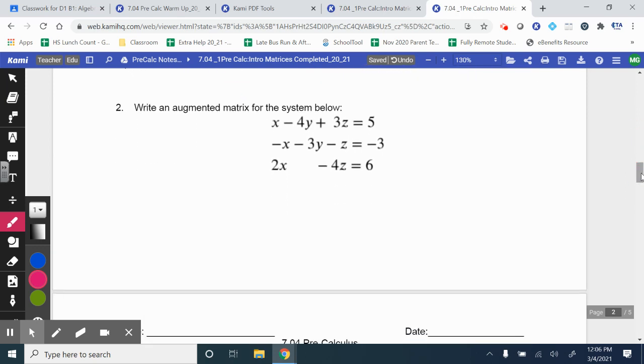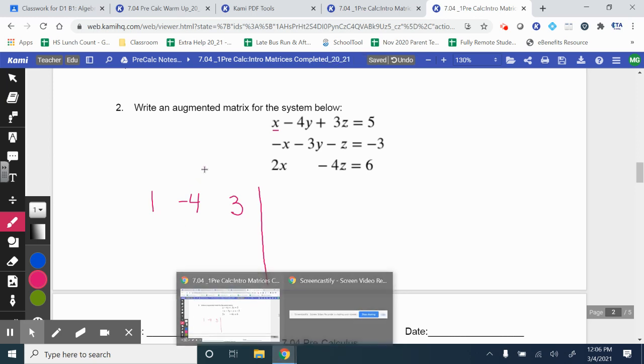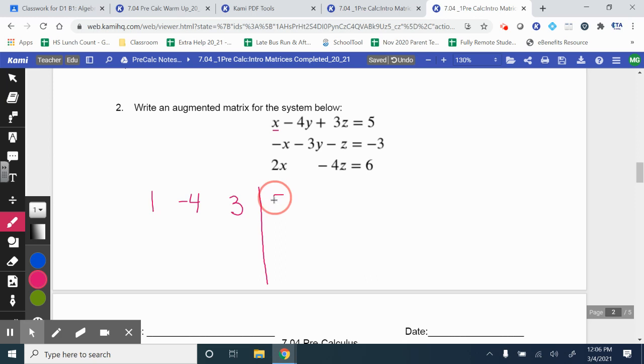Next, let's talk about just writing it as a matrix. So if this is our system right here, you've seen these before, a system with 3 variables in it. We want to write an augmented matrix for this. So what that means is you're going to take the coefficient of each variable and you're going to write it without the variable in front of it. So the coefficient of x is a 1. The coefficient of y is a -4, and the coefficient of z is a 3. And then sometimes you don't see this line, but it really helps us to organize it sometimes. So I like to draw the line, and then after the line, kind of like your equal sign, I put